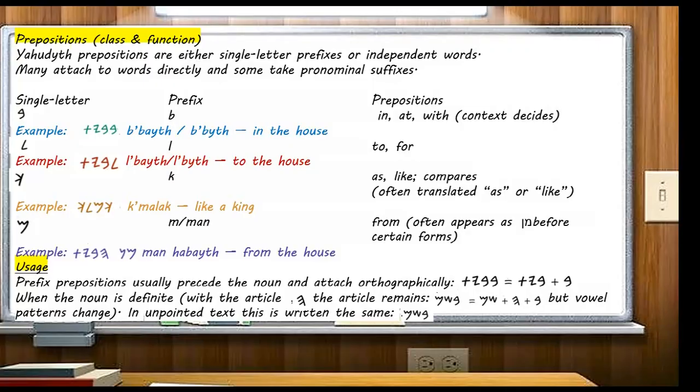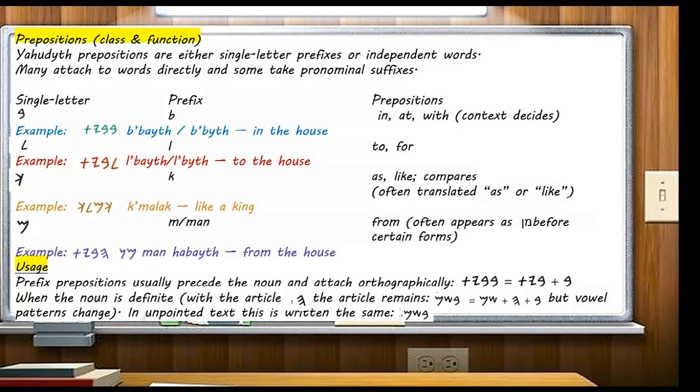So let's continue. So where was I? So the mum. So we're saying from the house. So man often appears before certain forms as man. So you see man habayith, from the house. Man habayith. Now, prefix prepositions usually precede the noun and attach orthographically, such as the context of the letter beith